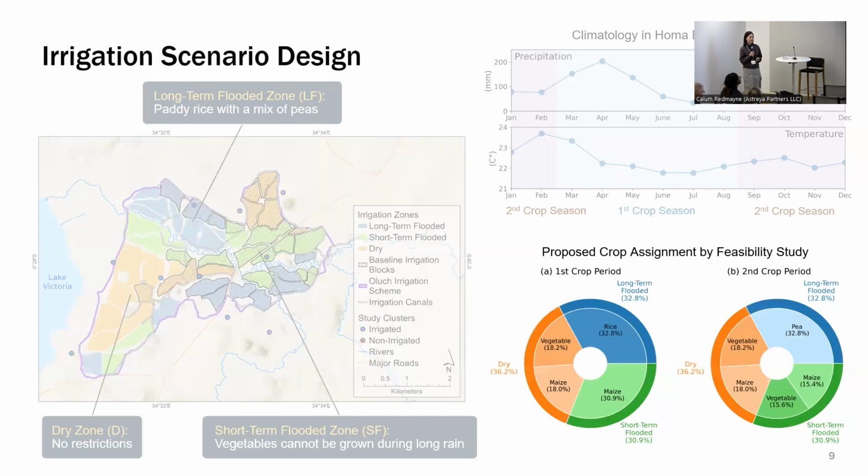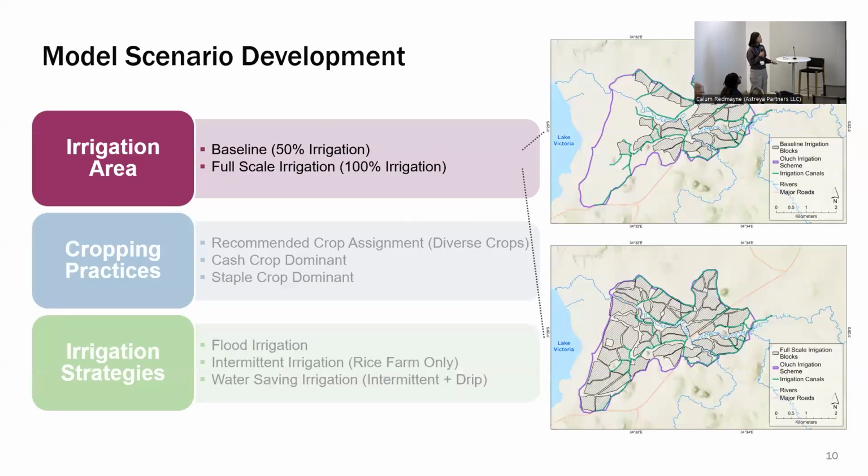So on this basis, a feasibility study by the local irrigation project agency has proposed crop recommendations for this area, which we later use for our own recommended crop scenario. We developed a few model scenarios that can classify into 3 groups. In the first group, we created a baseline scenario with 50%